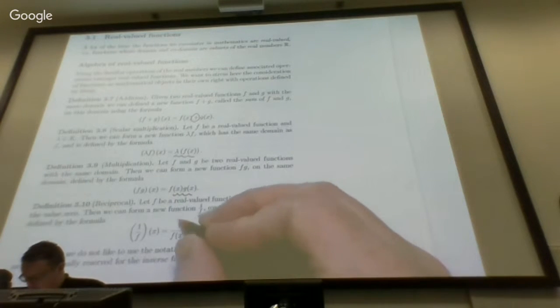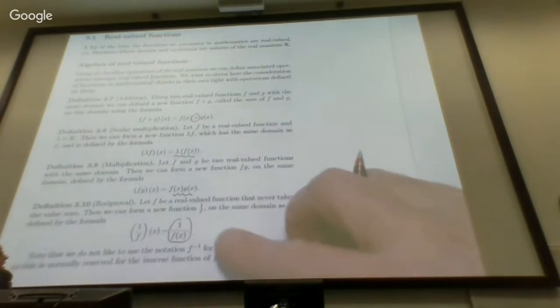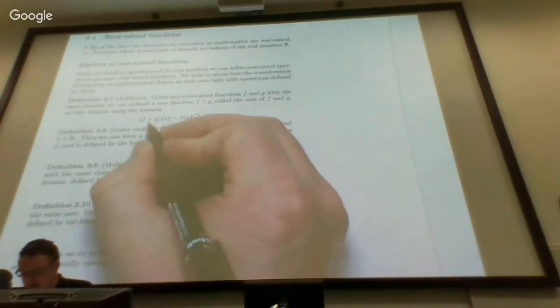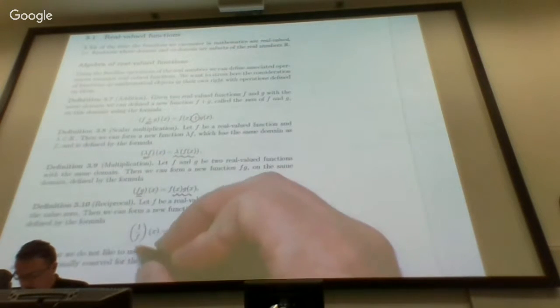What's important to recognize here is that these operations on the right-hand sides of these definitions are the familiar operations between numbers. And using those, we get these new operations, if you like, which are not operations between numbers, but the things on the left-hand side are operations between functions. So that's one thing